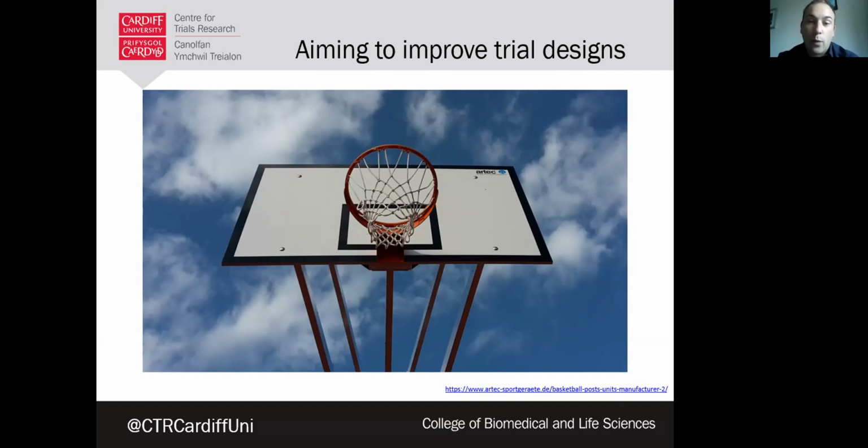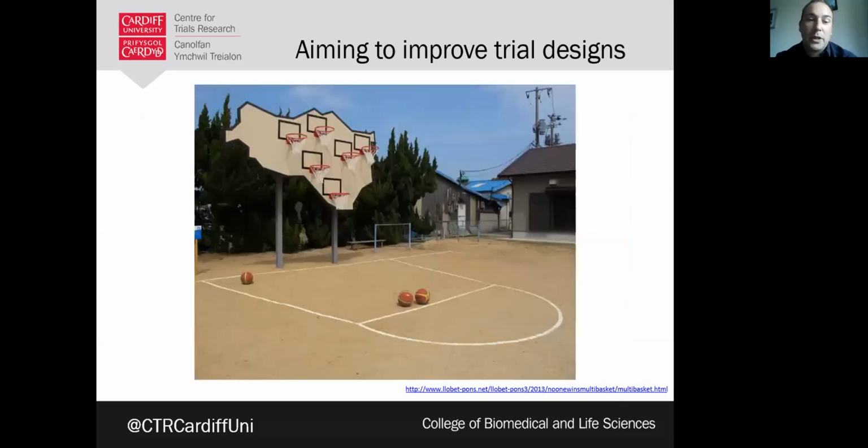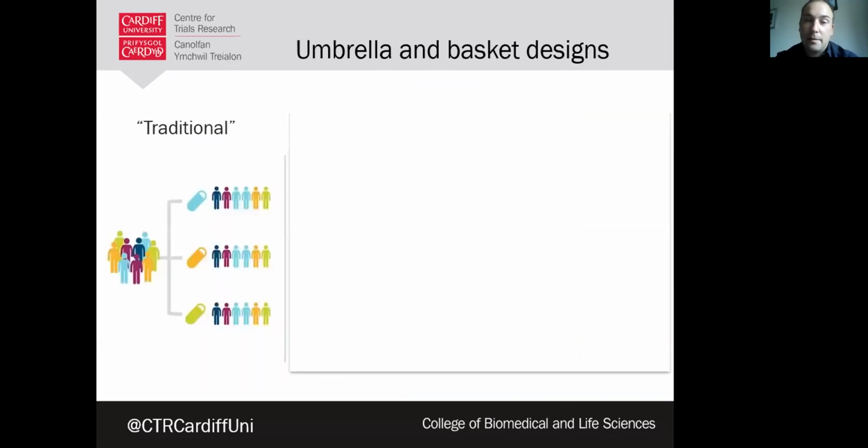And instead of this one-size-fits-all approach, I think people like me would enjoy basketball, at least playing basketball, much more if it looked like that. And that's essentially what we're trying to do with these therapies and also with these trials that are targeted. So I'd be very happy to dunk the basketball into that very low-hanging hoop. And this is what some of those novel designs are about, having the right treatment or the right basketball hoop